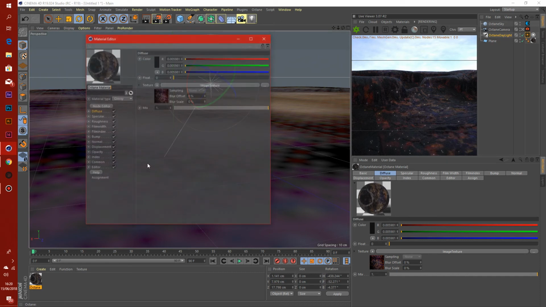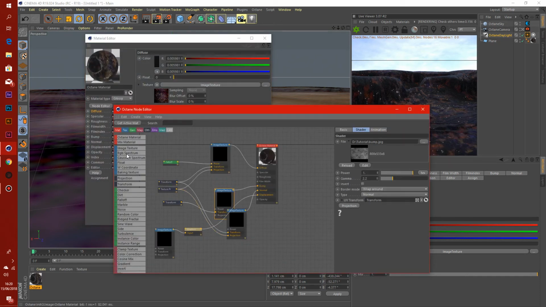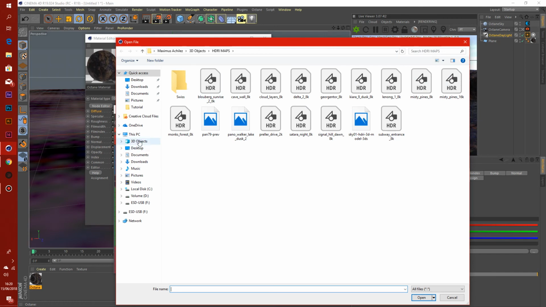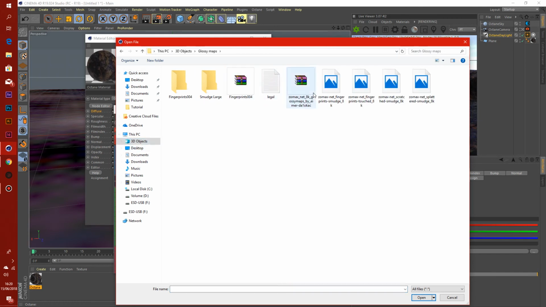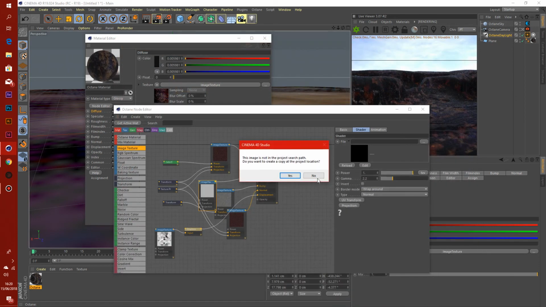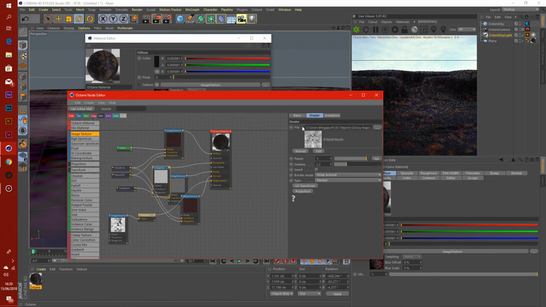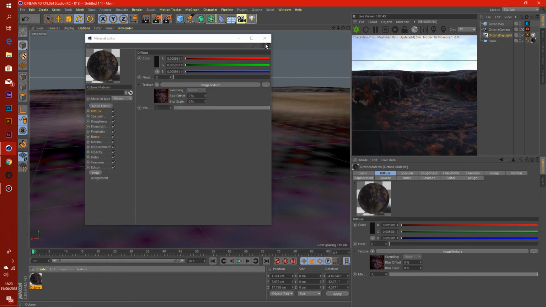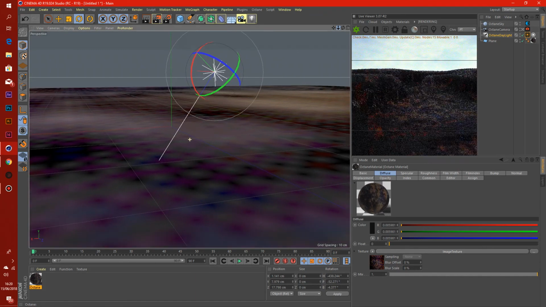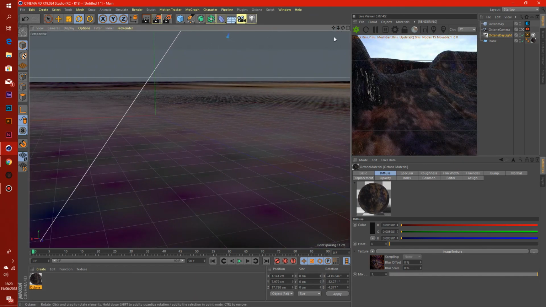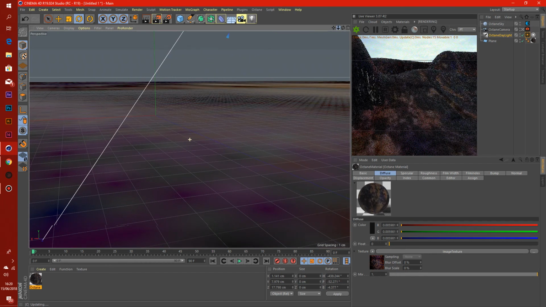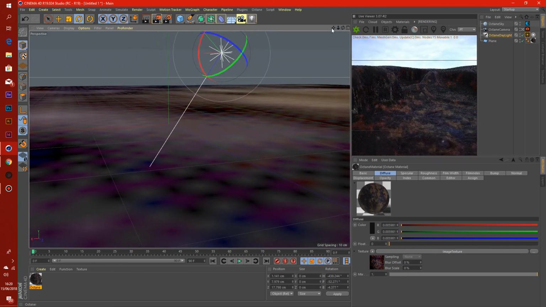Let's add a roughness to it. Let's grab another image texture and add it to a roughness. Let's add something glossy. There you go. Now it looks cool. You cannot totally zoom in because it's just a trick that I'm trying to explain. But if you keep it like this,